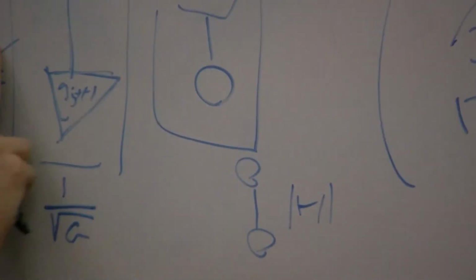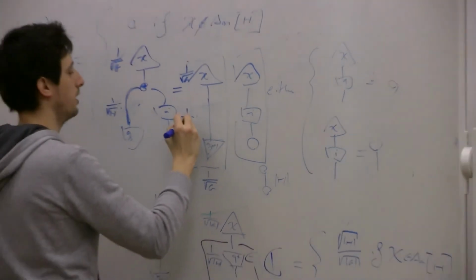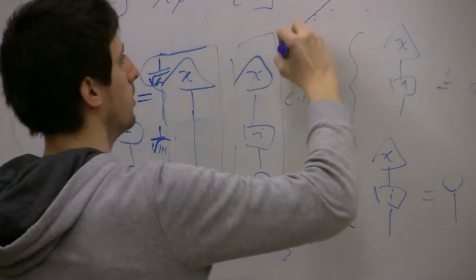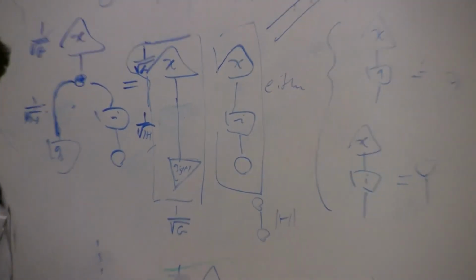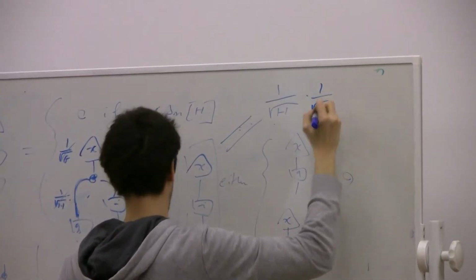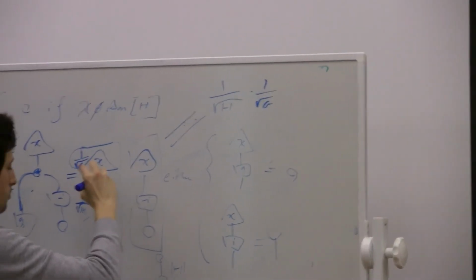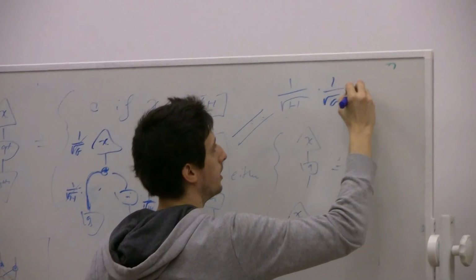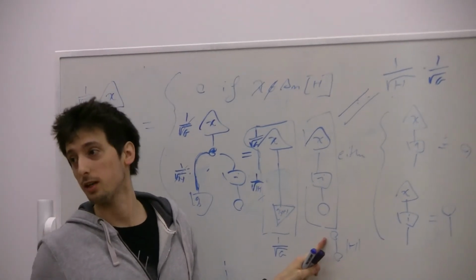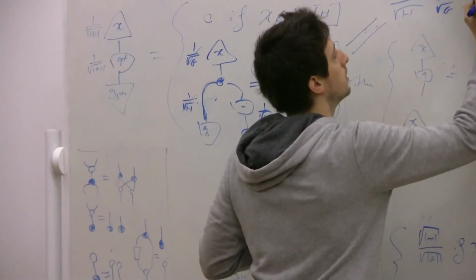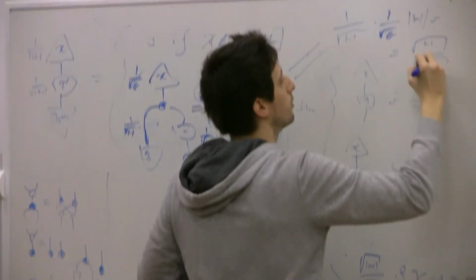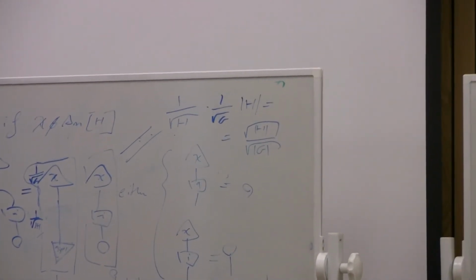And I had 1 over h dangling there from before. There we go, this is included in this calculation. So I get 1 over root h that was out as a scalar. From the unbiased, I get 1 over root g, and I get h from the fact that this was not normalized. So I get this product, and this is just root h over root size of g,